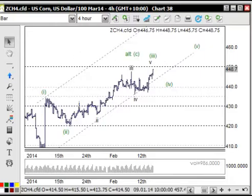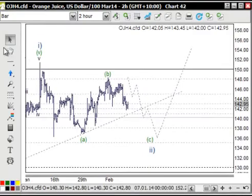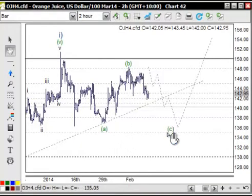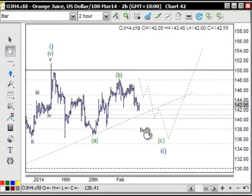Now, the orange juice is showing a bit of weakness. And I can't call this in as the alternative count that we've had here as a larger A, B and C. Now I can't call this in just yet because the 142 would have to become the retested resistance in here, and we've got this trend line here as well. It's got a bit of meaning to it, I guess. So I can't call this in here, but I just want to make people aware that this is a